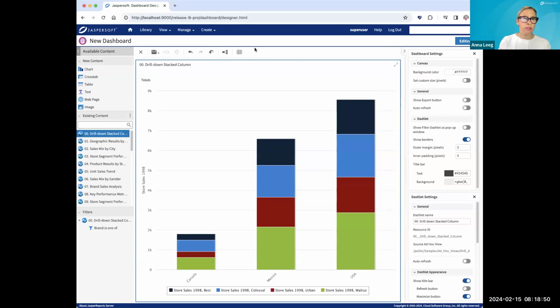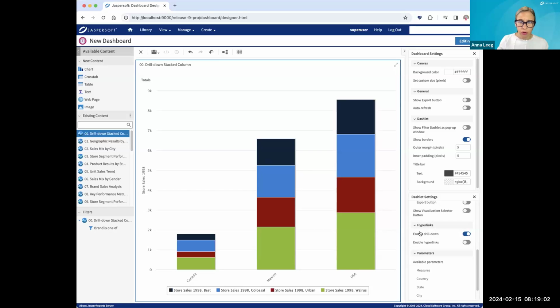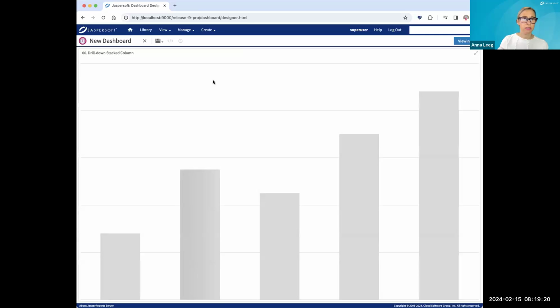And the important thing to note is that in order for drill down to work in dashboard, it needs to be turned on in the original ad hoc view, which I have done. So it's on. And I can disable it if I want. So this hyperlink section of the dashlet settings has enable drill down, which is on by default. And I can turn it off if I don't want there to be drill down, but I'm going to leave it on and show you that when I go to view mode,